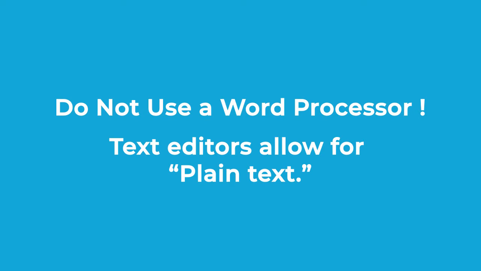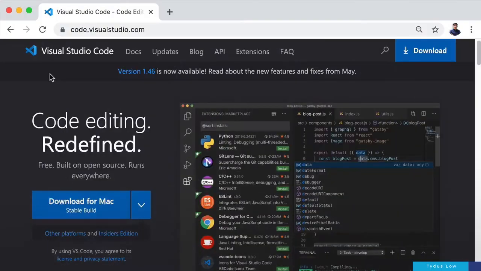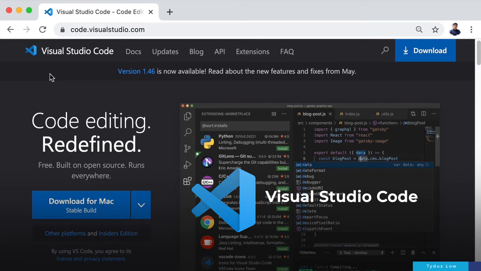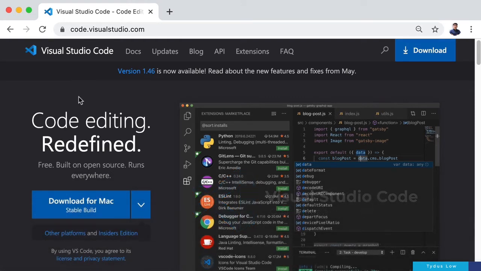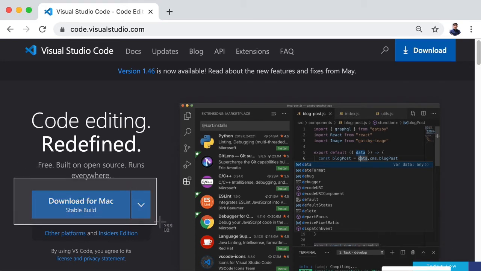use. So right now, in a new tab in your web browser, I want you to search for Visual Studio Code. As of this recording, the official website's domain is code.visualstudio.com. Now, this program is created by Microsoft, meaning it's safe to install on our computer because it's from a reputable source. And regardless of whether you are using Windows, Mac or Linux, you can see it is entirely free to download and use. So right now, I want you to pause this video lesson while you go and download